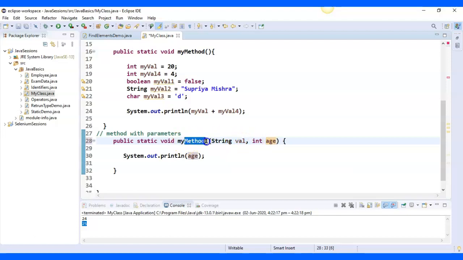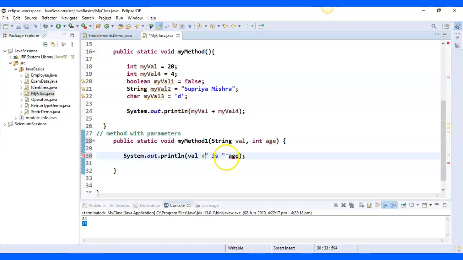Now this time when this method will be called, let me just make some changes. Here let's say name, let's say val, is,